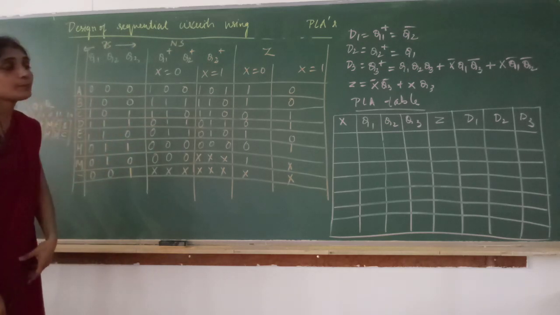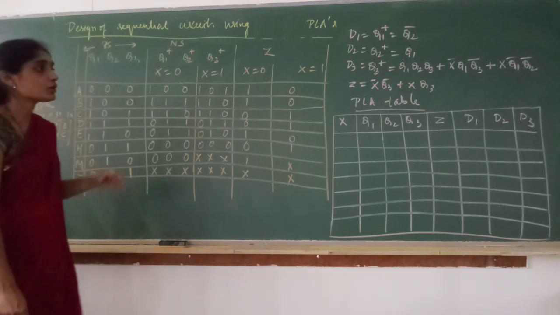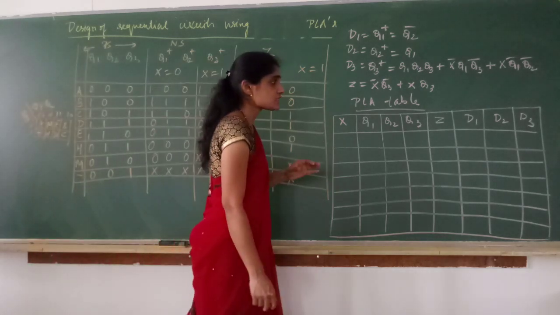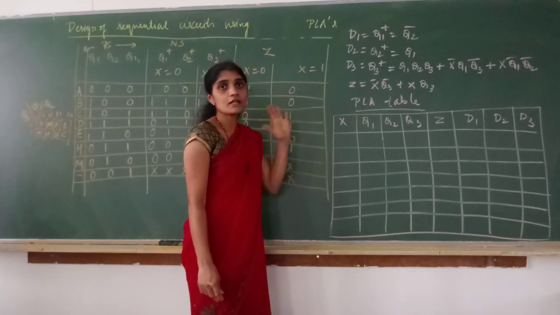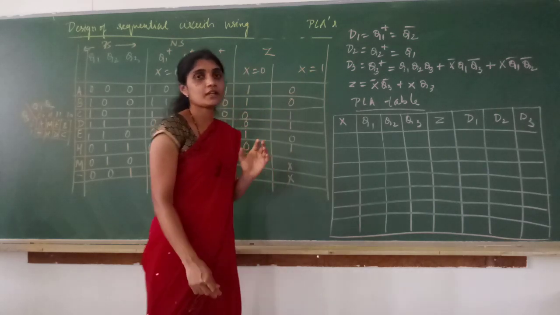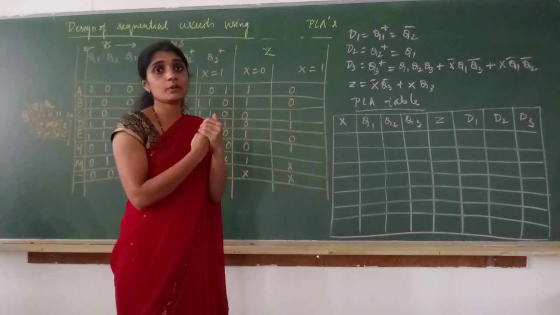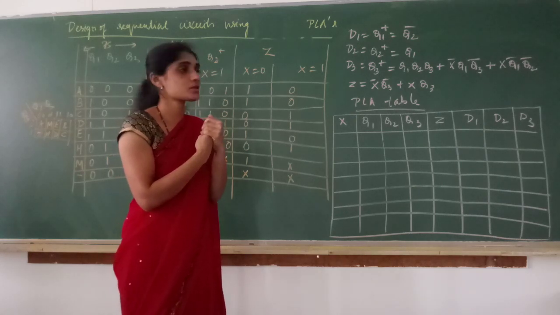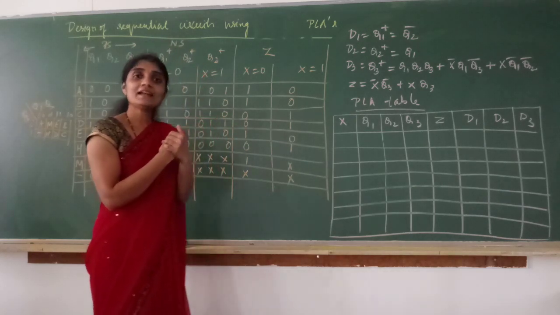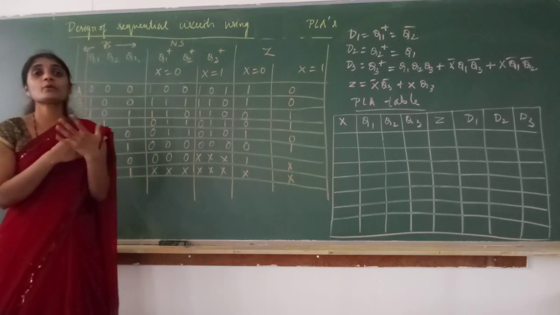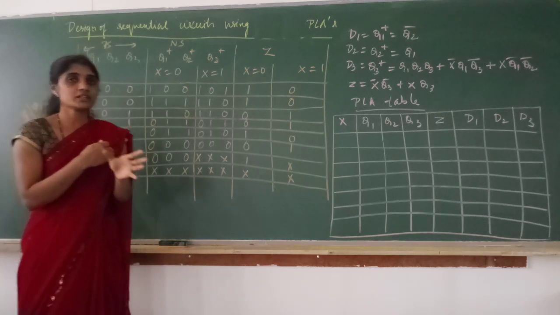Now, let us write the PLA table. You are familiar with the PLA table from module 2, where we have discussed this. So, you need to remember the concepts. What are the concepts we have learned in PLA? You know how the structure of the PLA will be. PLA and PAL both we have discussed. In PLA, both the AND array as well as the OR array will be programmed. But in PAL, it is not the same, right?